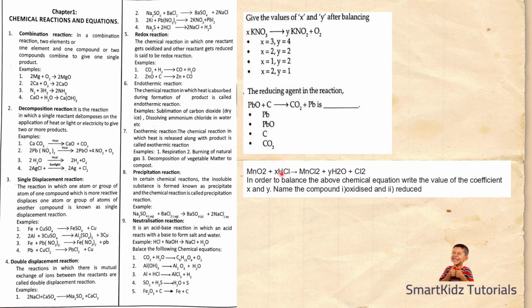So once again, here there is a reaction given, which is a skeletal reaction equation, which means you need to balance this. It's not balanced. This is MnO2, manganese dioxide, hydrochloric acid, giving you manganese chloride with water and chlorine form. Okay, so we need to balance this. You are asked for x and y, the coefficients of HCl and water. You need to name the compound that is oxidized and the compound that is reduced. So find out what you mean by getting oxidized and what you mean by getting reduced. Okay,